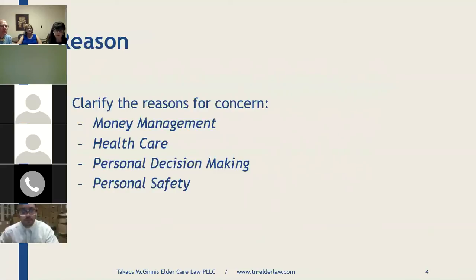If your concerns are about the person's health care, a healthcare power of attorney appoints an agent who will act in the best interests of the person and base their actions on what they know about that person's ability, what they wanted for themselves in their life, and the way they want their healthcare managed. If your concerns are about the person's personal care and safety, there's a tool known as a mental health declaration